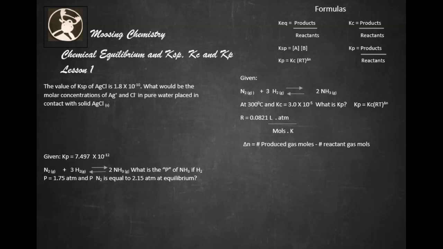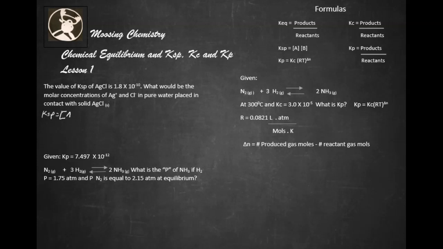This is Chemical Equilibrium: Ksp, Kc, and Kp, Lesson 1. Okay, the value of Ksp of AgCl is 1.8 times 10 to the negative 10. What would be the molar concentration of Ag+ and Cl- in pure water placed in contact with solid AgCl? Okay, so we go Ksp